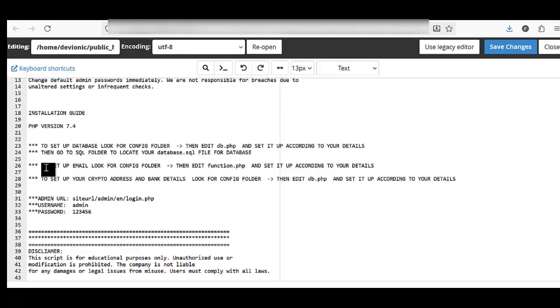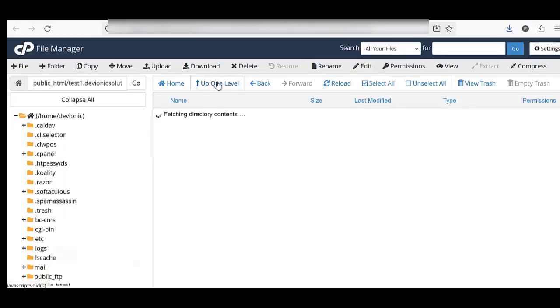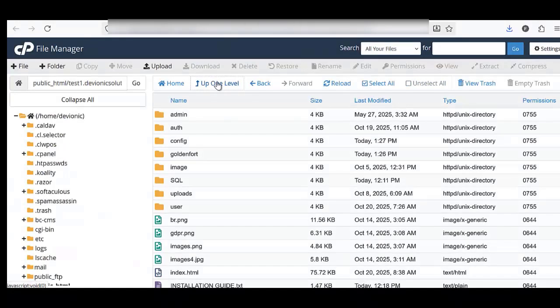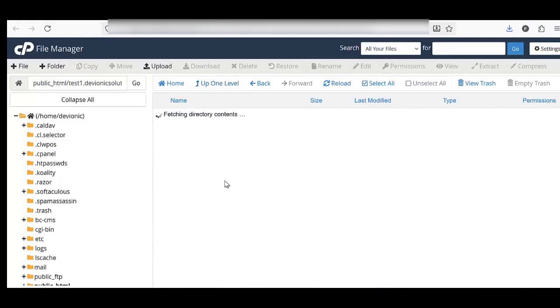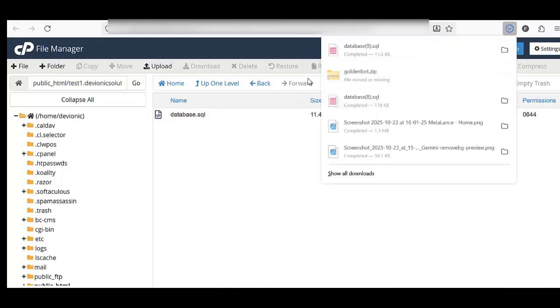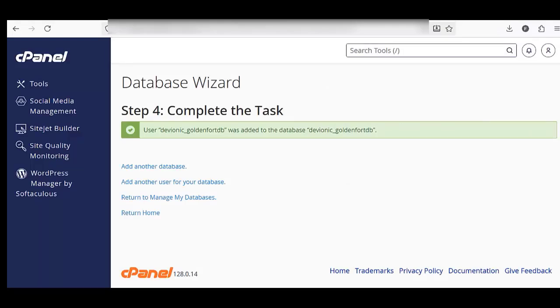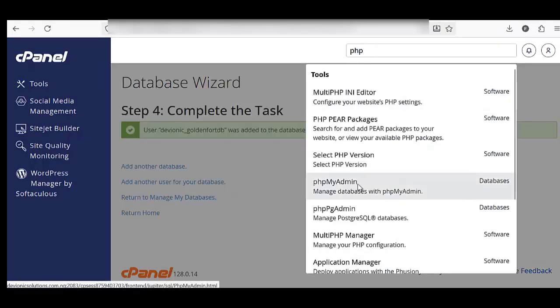Then they said go to the SQL folder, then locate your database.sql file. Alright, so let's go back and look for an SQL folder right here. So I'll just click on this to download that particular SQL file. So now I'll go back here and search for phpMyAdmin. Once I click on it,